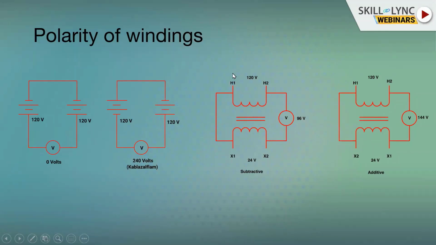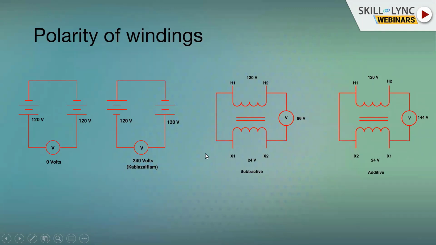What it means is that when you apply positive voltage to H1, that is half a cycle, for 10 milliseconds, the voltage that is produced at X1 is also positive. So this H1 and X1 in a way represent that they are in sync, right? So when you apply 120 volt positive H1, negative H2, you will generate 24 volt X1 positive and X2 negative. That is what polarity is all about. When you apply negative here, X1 will also go negative, nothing more, nothing less.